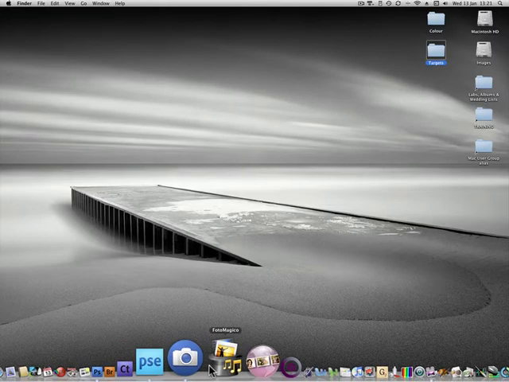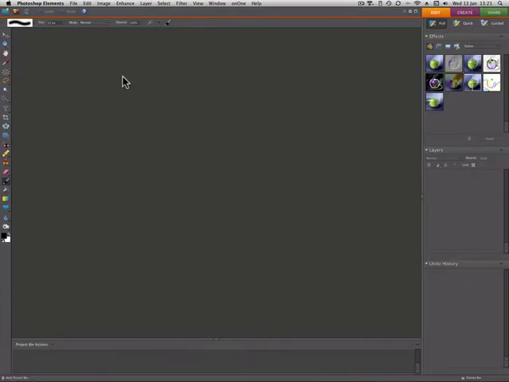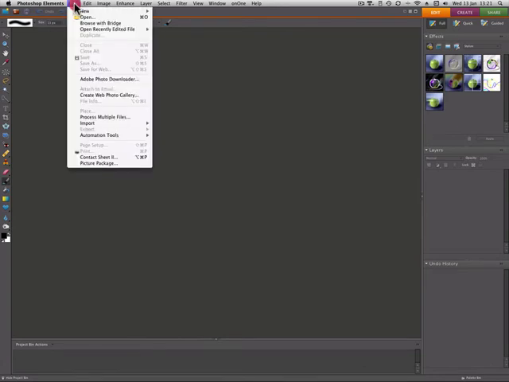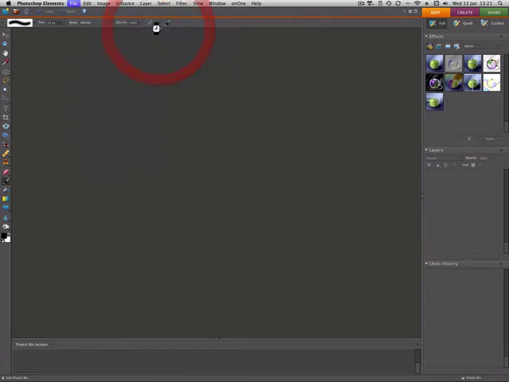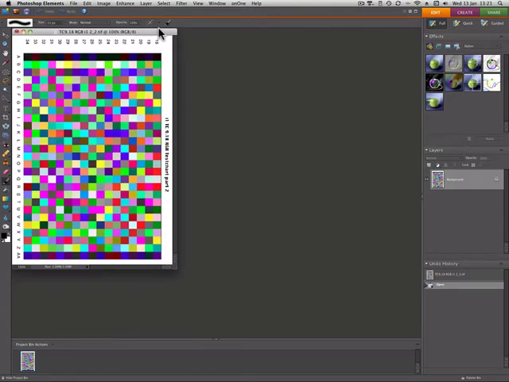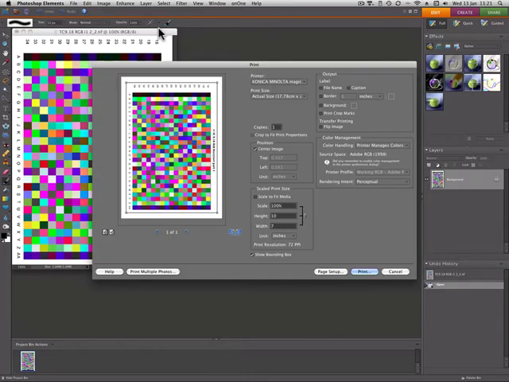open up Elements 6, open any old image for the moment, and then hit Command P as if we were going to print it. And what we need to have a look at is the color management box here. First of all, we need to change the color handling to Photoshop Elements Manager's Color,